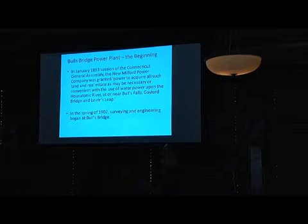So Bulls Bridge was actually chartered in 1893, but the financial panics being what they were, they didn't really have enough capitalization to get started on building the project until spring of 1902. They finally could start surveying and start digging up the ground there. But in 1893, they were given a charter. The state created New Milford Power Company, chartered them, and they were granted power to acquire all such land and real estate that was necessary or convenient for the development of water power on the Housatonic River, at or near Bulls Falls,